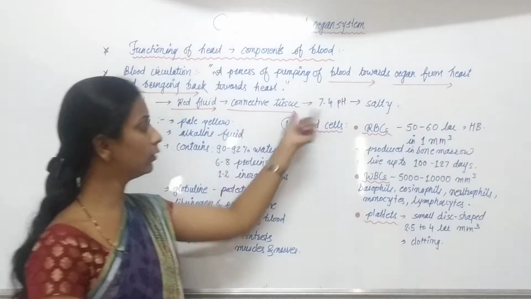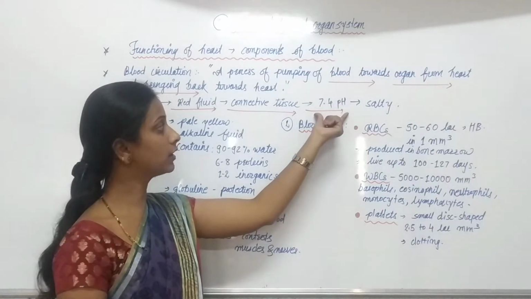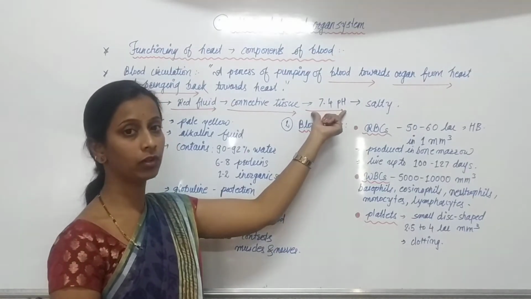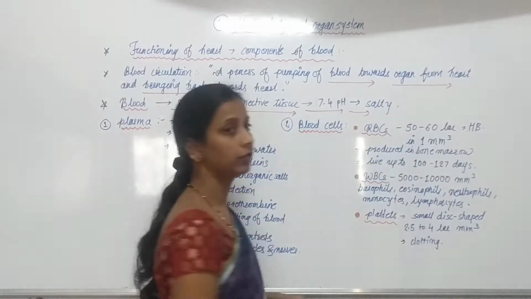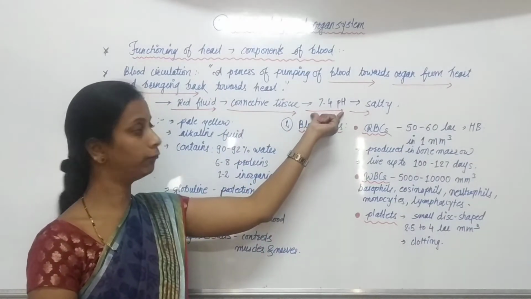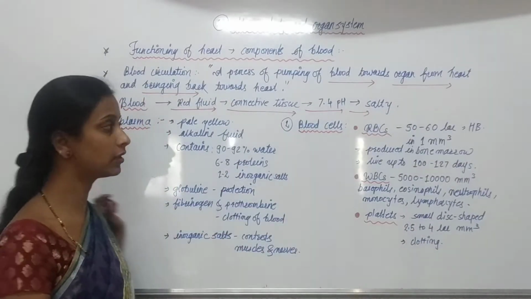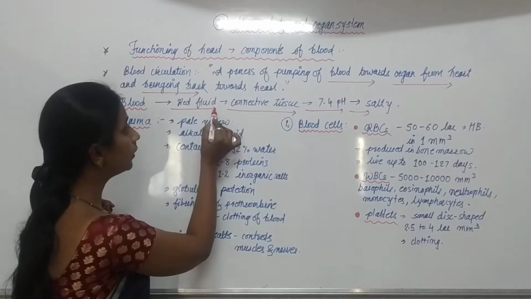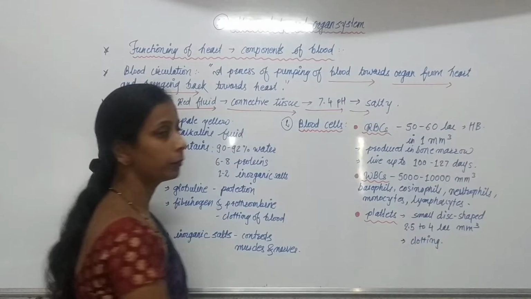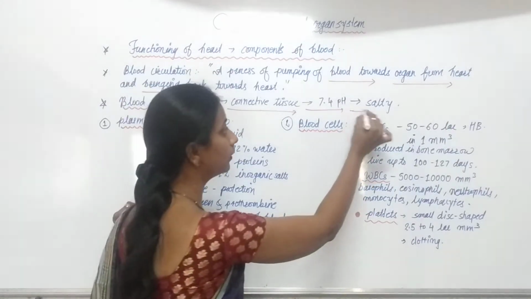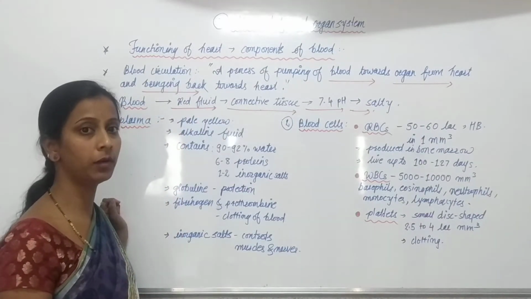Understand? Now, the oxygenated blood is having pH 7.4. 7.4. It is very important for the filling the blanks, and it is having salty taste. Okay? It is alkaline in nature or alkaline fluid having 7.4 pH and salty in taste. So this is about blood. It is red colored fluid material made up of fluid connective tissue and having 7.4 pH, alkaline in nature and having salty taste.